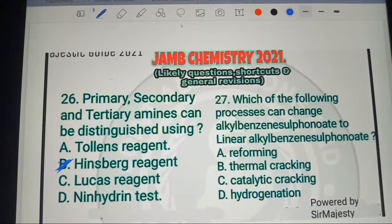So now, number 27 says, which of the following processes can change alkyl benzene sulfonate to linear alkyl benzene sulfonate? Most of the commercial detergents we have in the market today are made based on this linear alkyl benzene sulfonate. The abbreviation is LABS. So it was gotten from this particular one, alkyl benzene sulfonate. By reforming, this is branched, but this is straight. So changing branched chain to straight chain is called reforming, or just changing the structure of a compound is called